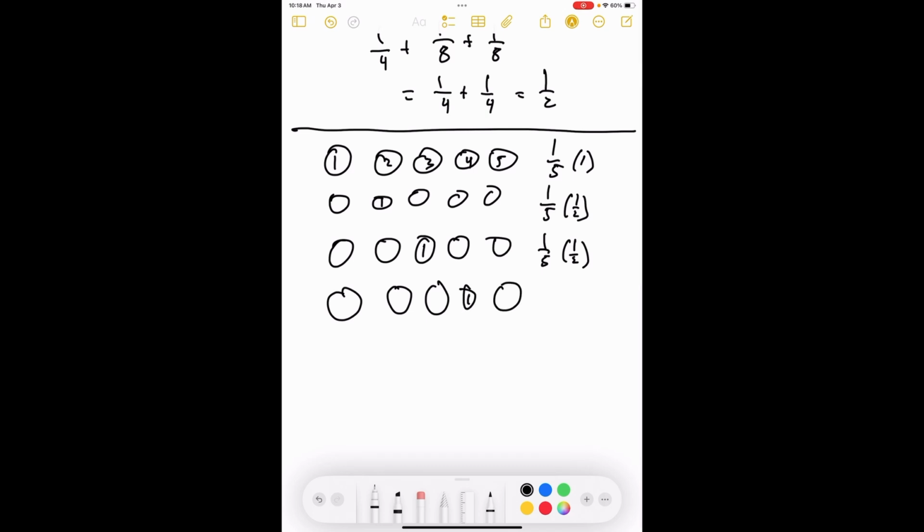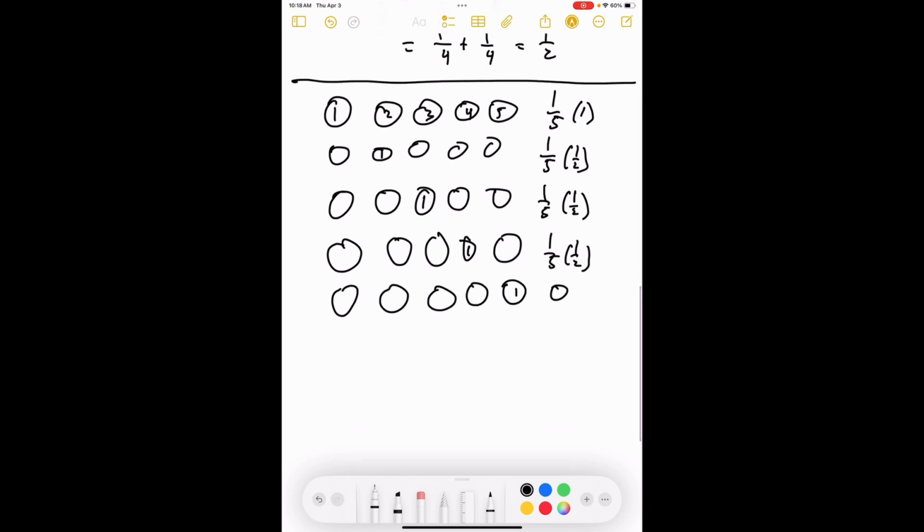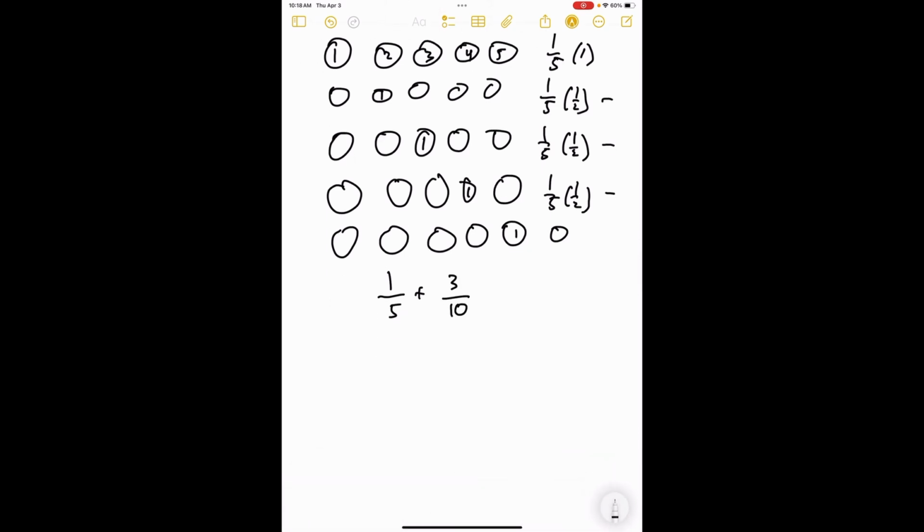And if he sits here, again, 4-seat problem, 1/5 times 1/2. And if he sits here, that's a 0. So now we've got 1/5 plus 1, 2, 3 tenths, which of course is the same as 2 tenths plus 3 tenths, which is 5 tenths, which is 1/2,